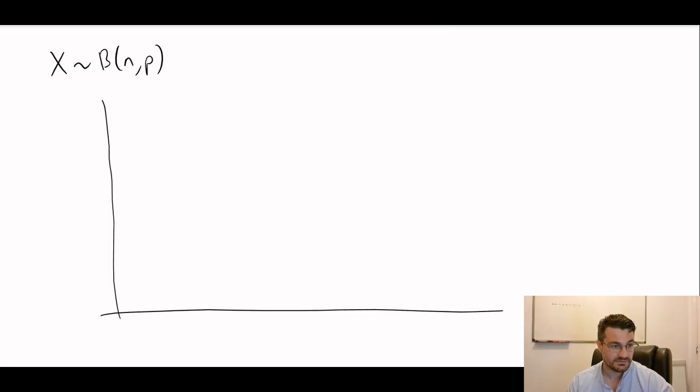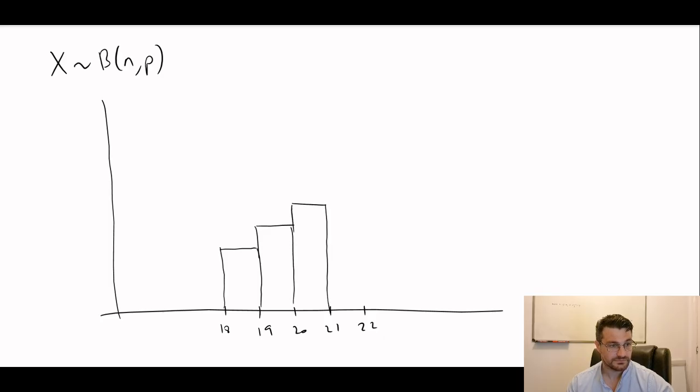So let's say we've got 18, 19, 20, 21, 22, whatever. And our graph looks like this for the binomial distribution. And we've got another random variable y, which is distributed normally with parameters